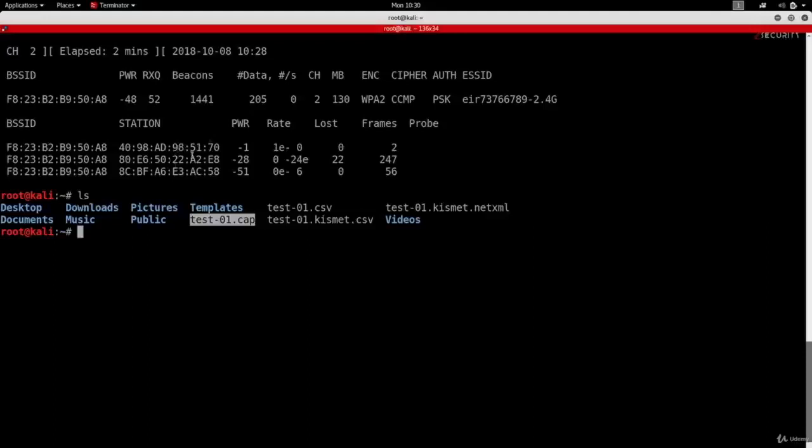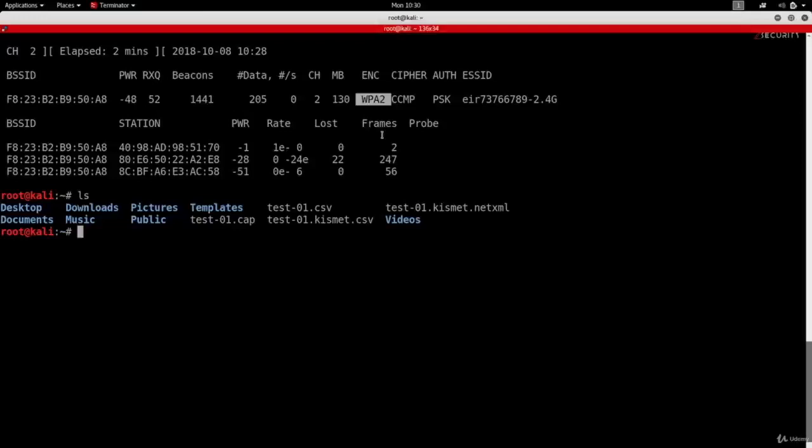The only problem is, if you look at the encryption in here, you can see that my target network uses WPA2 encryption. So all of the data sent between the router and the clients is encrypted. So let me show you what I mean. I'm going to use a tool called Wireshark to analyze the data. And don't worry about how to use Wireshark. We will talk about it in detail later on. Right now, I just want to make sure that you understand the idea that now we're able to capture all these packets. The only problem is these packets are encrypted.